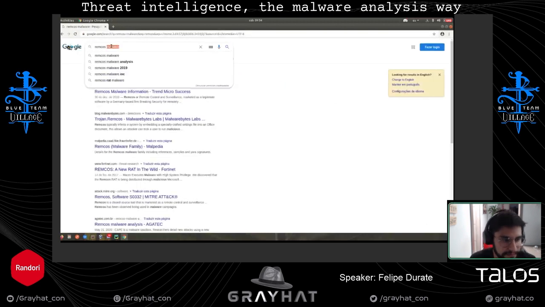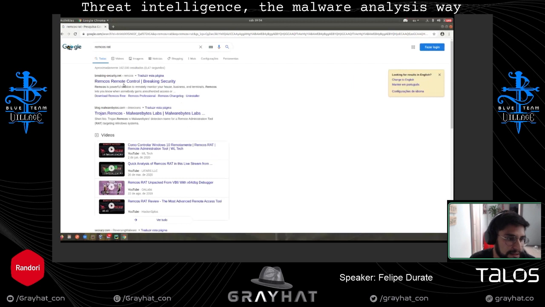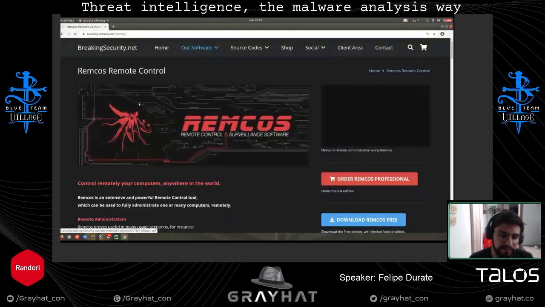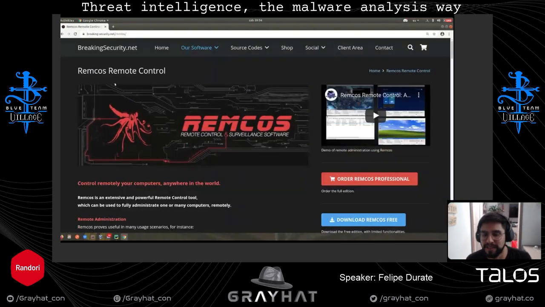Well, Rencos RAT, that's the name, and it's a remote access Trojan. So at least at this point, if you are doing incident response very quickly, you know which malware was affecting you.